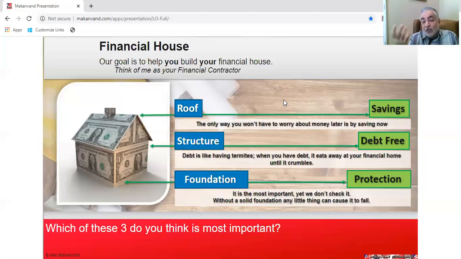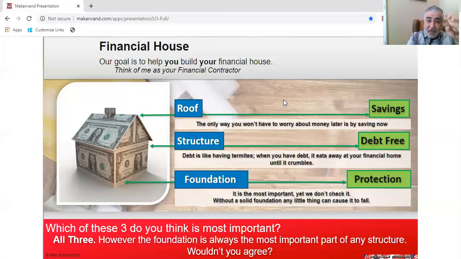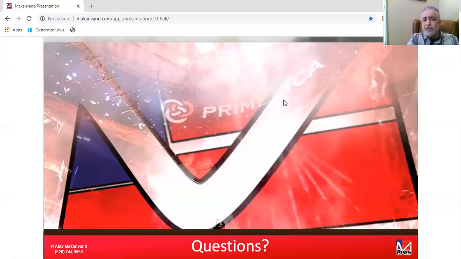So I suppose what I'm saying is, in the financial contractor world, if you will, the life insurance part, even though all three things are important, is the most important. As I said before, you put it in, you build it, you're done, and you go on with it. Does that make sense? Great. Now, you guys have any further questions for me? Yes, no, great. All right.